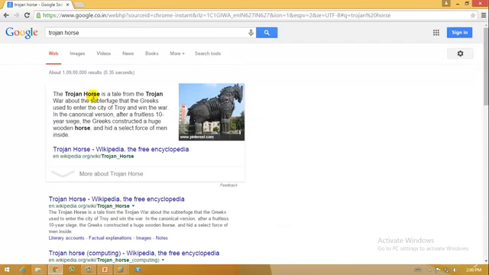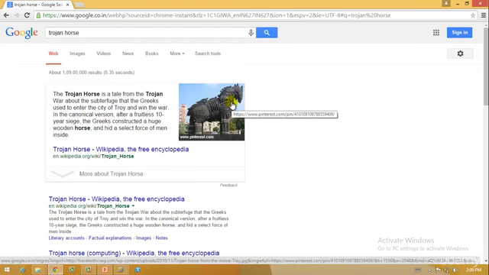So as you can see, the Trojan horse is a tale from the Greek war about the subterfuge that the Greeks used to enter the city of Troy and win the war. What they did exactly was, the Greeks were about to lose the war when they entered the city of Troy. So they created this huge, around 10 or 15 meters or even more, I don't know exactly. They created this huge